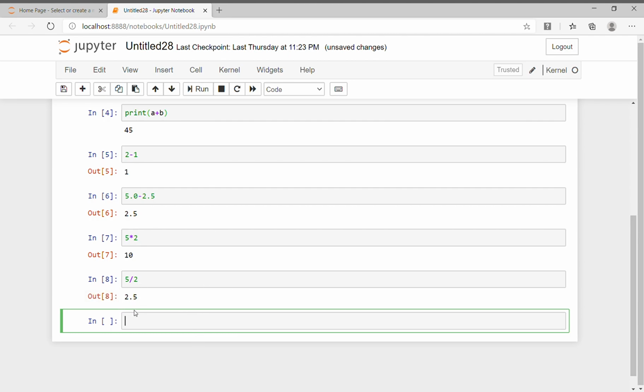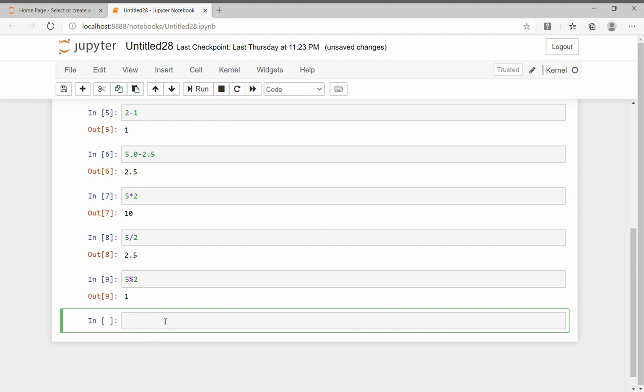So this will give me an exact value, which can be completely decimal, or a decimal-based value or integer-point value. It can be anything. Next we have the modulus operator, and in the modulus operator we will get only the mod value, like only the remainder value. If I divide 5 modulus 2, what will be the answer? The answer will be the remainder, like the remainder will be 1, right?